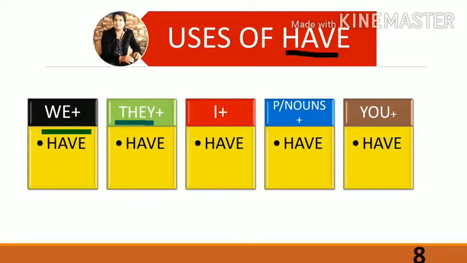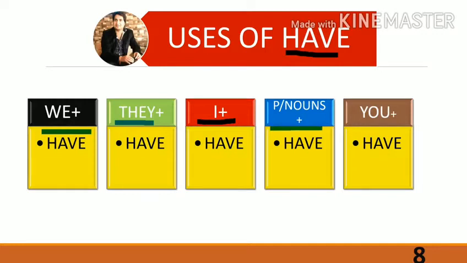We can also make the use of have with I, like I have written, I have played, I have driven. So I have written, I have done, I have anything which we will do at that time. So remember one thing, that have is always an exception in all kinds of sentences, whether they are present simple, present continuous, present perfect, or past simple. Whatever the sentence, have is always an exception. So when we talk about plural nouns, we have already discussed what plural nouns are.